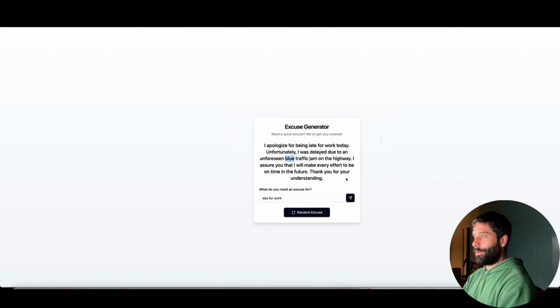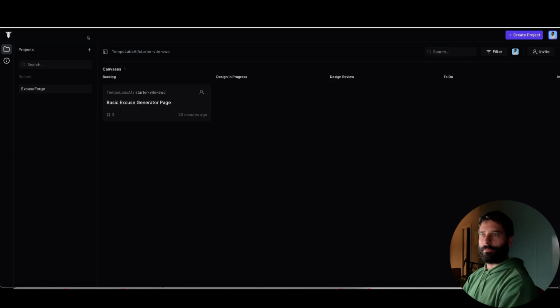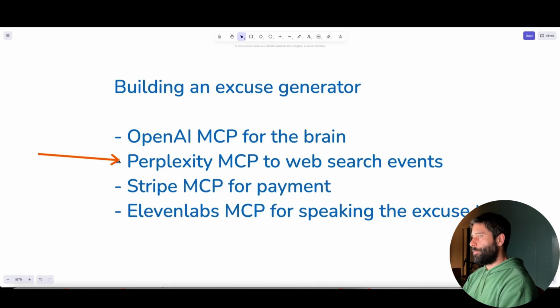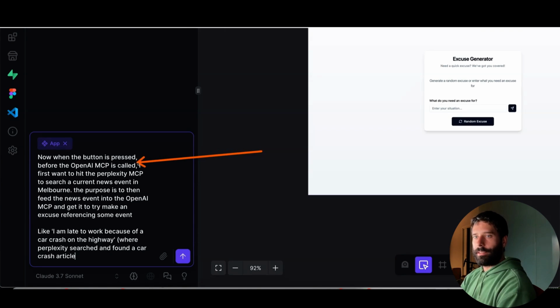So this is really, really cool. That was so easy as well. So now my next step is to actually prompt it to use the Perplexity MCP to do some web searching for us. So now my next prompt is, okay, so when I press the actual button, before it goes to